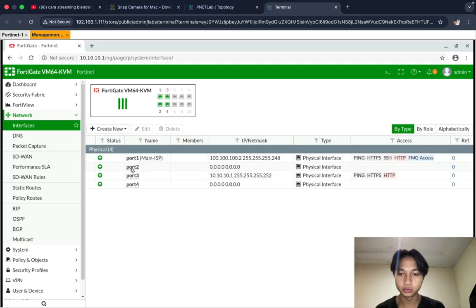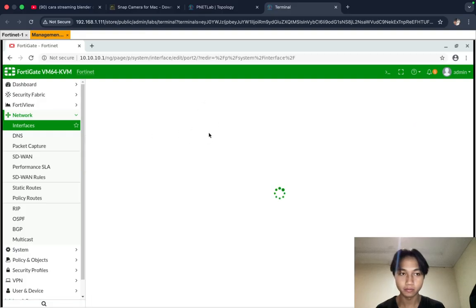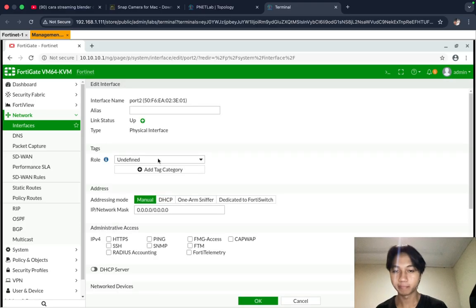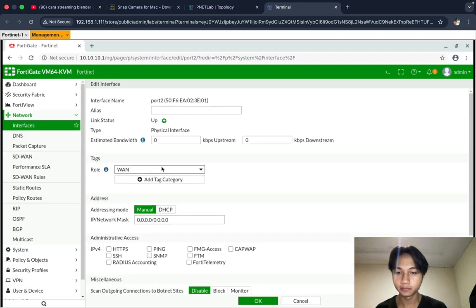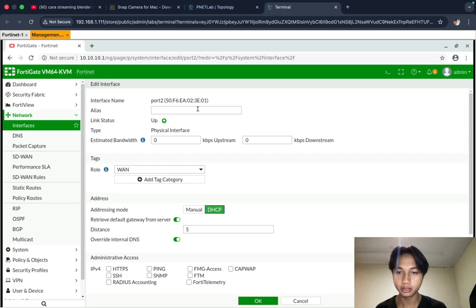Then port 2, I will configure for the backup ISP. Role is WAN, then DHCP, and the alias is backup ISP.